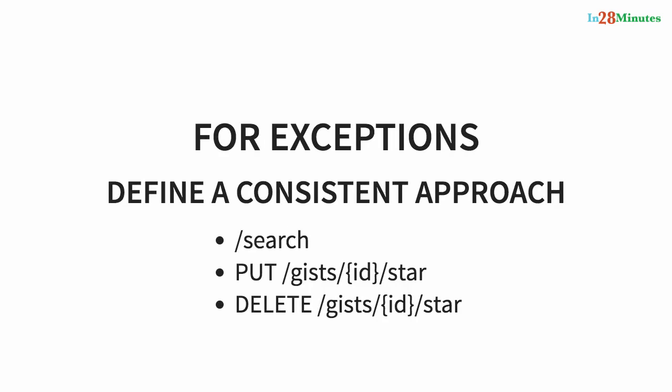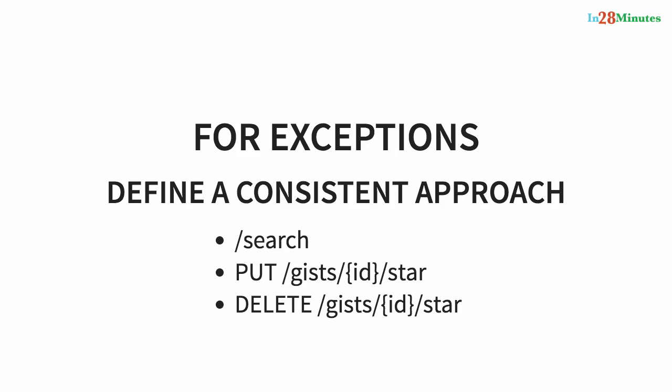So for example, you are performing a search operation. There is no way you can actually relate that to a noun, right? So how do you represent that? That's where you define a few exceptions. So you kind of define standards around these exceptions. So probably if you want to search through a list of resources, on each resource you can have a URI/search. So let's say I want to search through the users, then it's